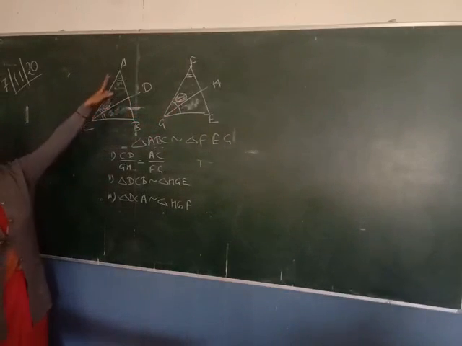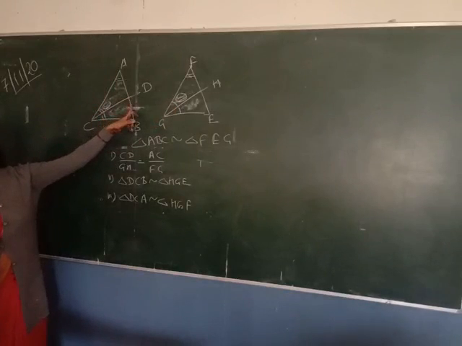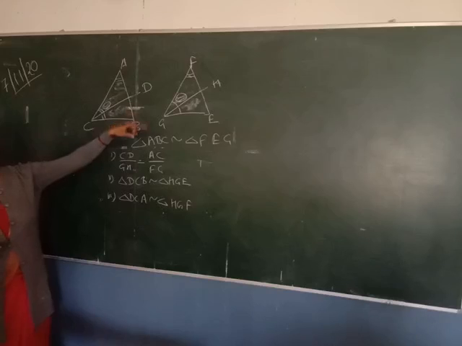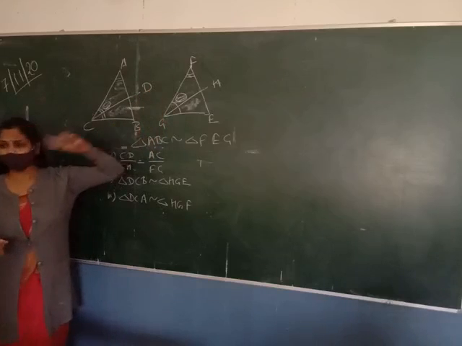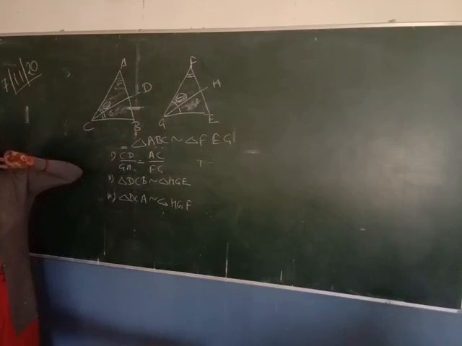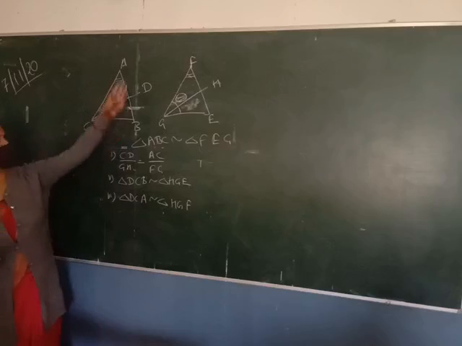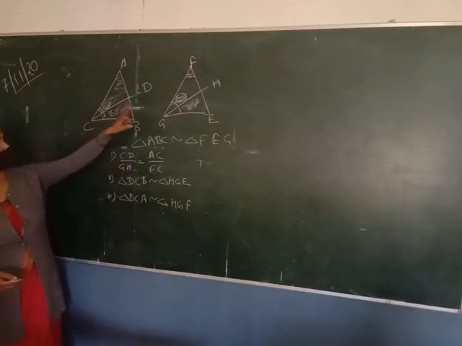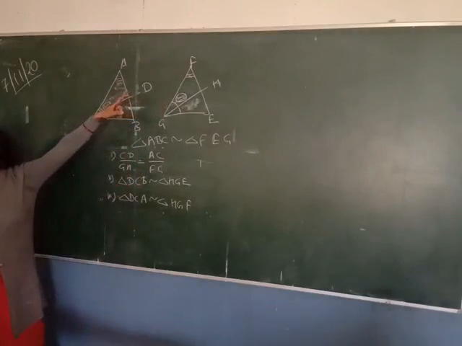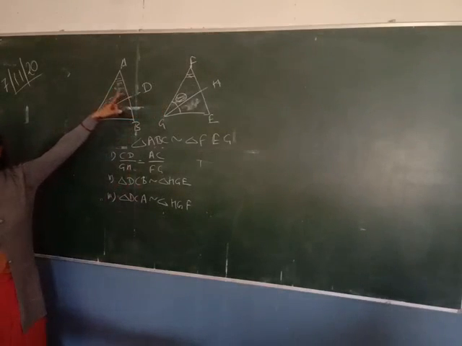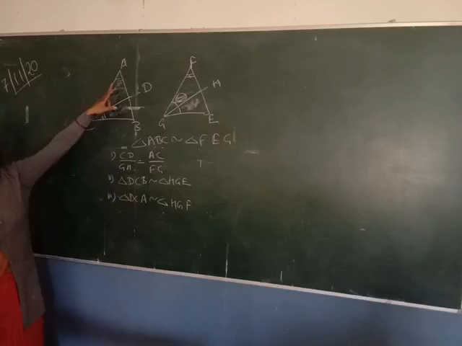Not only C. You will write angle ACD is equal to angle FGH. Why are they equal? Similar. These large triangles are similar to each other. Then how can you say these angles will be equal? Both of them will be equal. Explain this question. Where were you at that time?